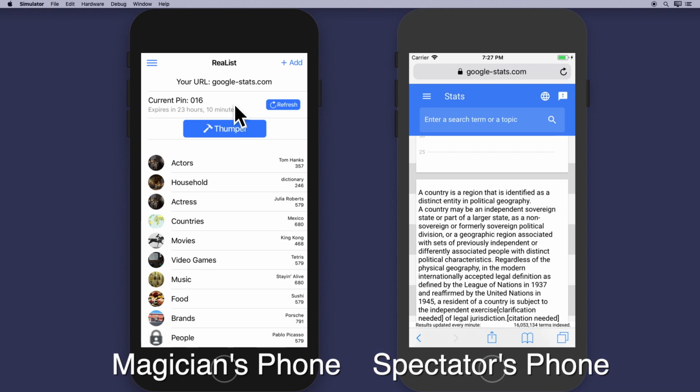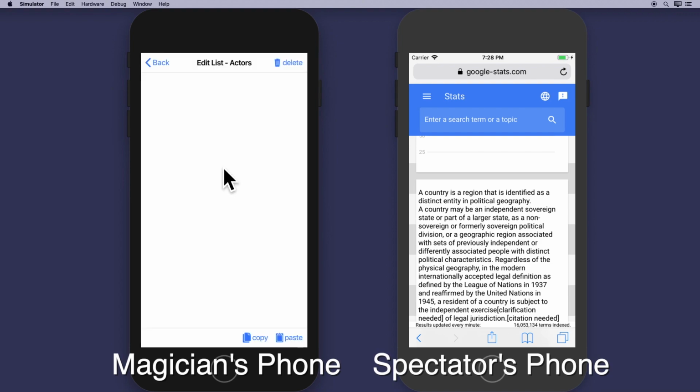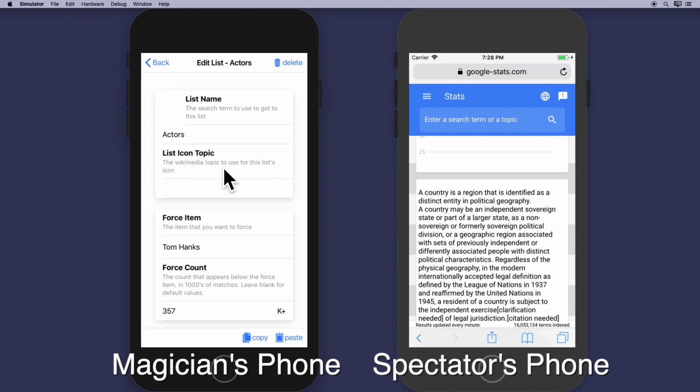And the last thing that I want to share with you is how you customize RealList for your own unique style or for your own unique lists and your own force items and force numbers. Here's the way it works. Every time you click on any category in RealList, so currently I'm clicking on the actors category, you'll notice that not only is there a list name, where in this case it says actors,